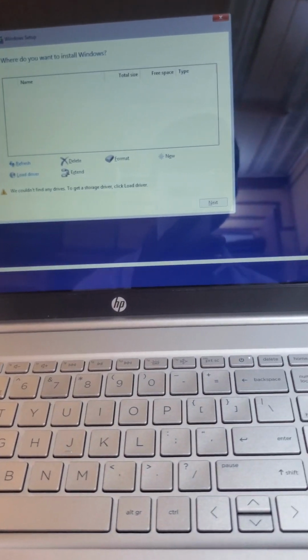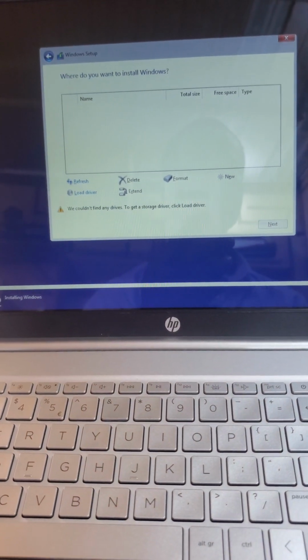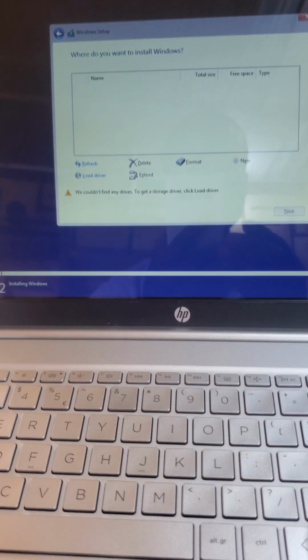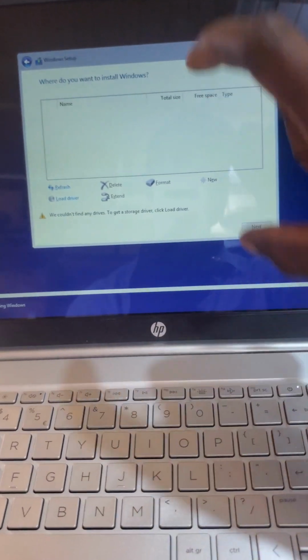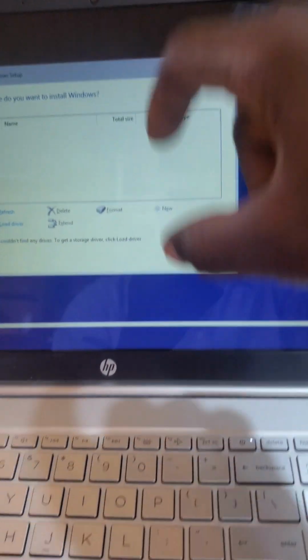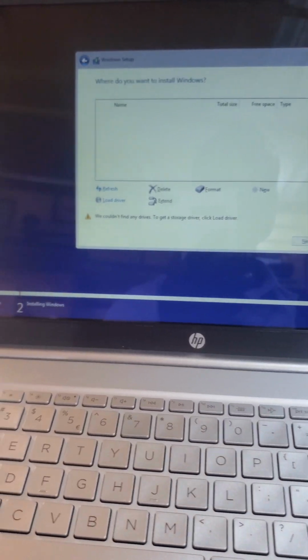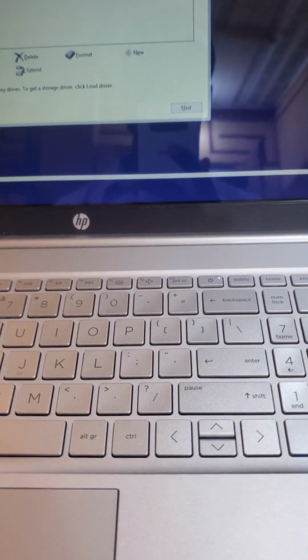All right, so this is what I'm going to do. I'm going to look for the storage driver and try to install it on this PC and see if it's going to recognize the storage that is on this PC. So how would I go about that? First, this is an HP PC, so I'll go to the HP